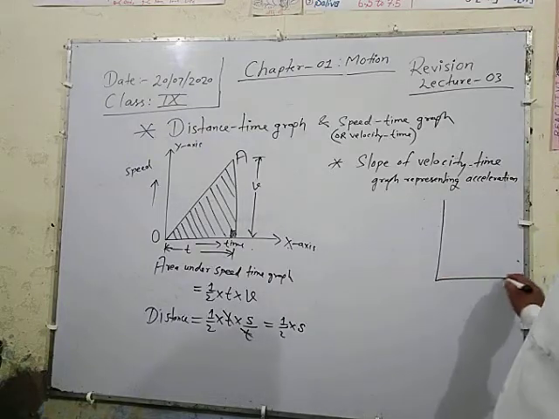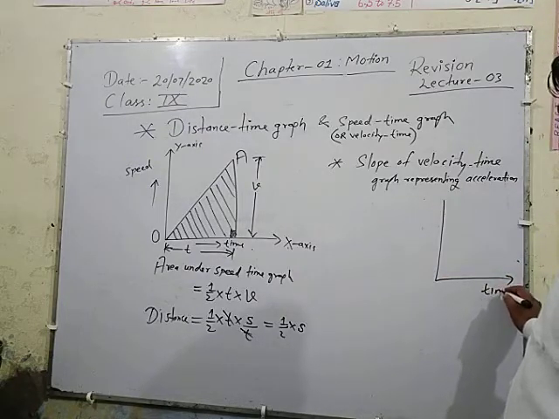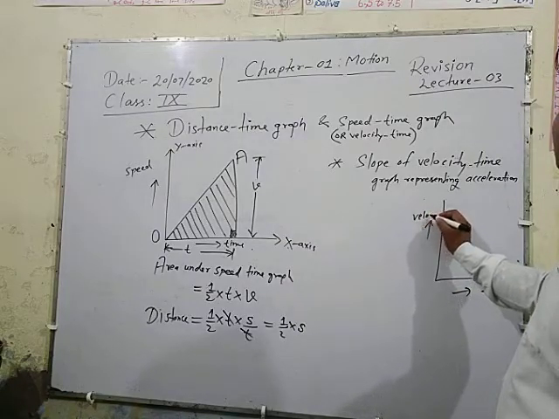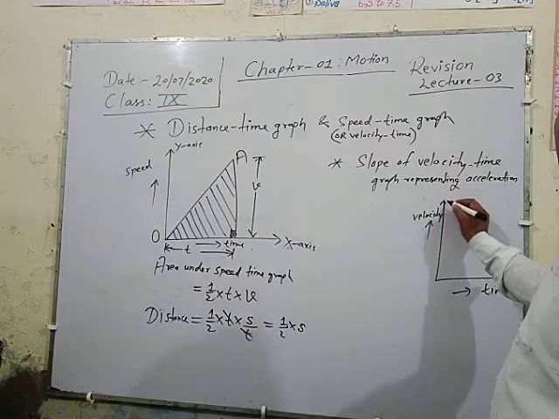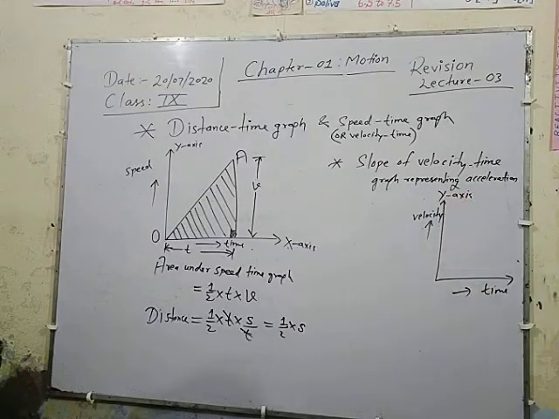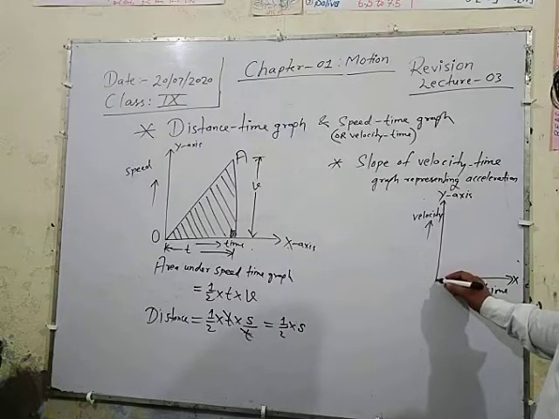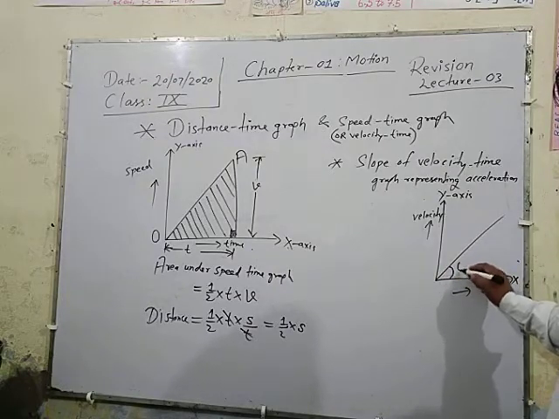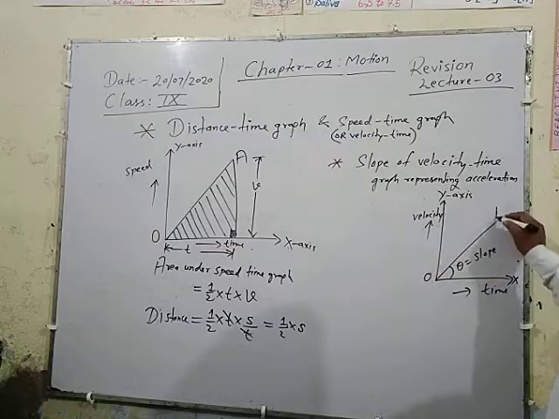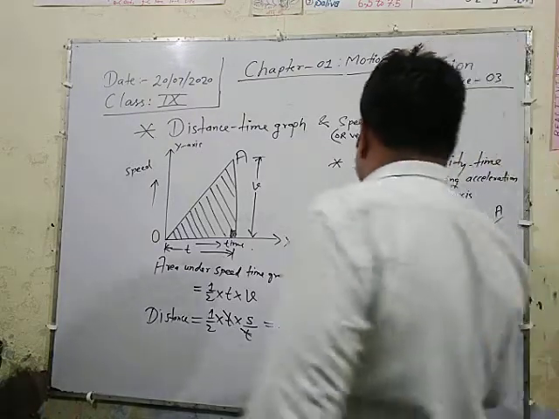Suppose here is the time axis and here is the velocity axis, that is, the y axis representing velocity and the x axis representing time. Then the slope, the angle, is equal to what? Slope of O to A, slope theta